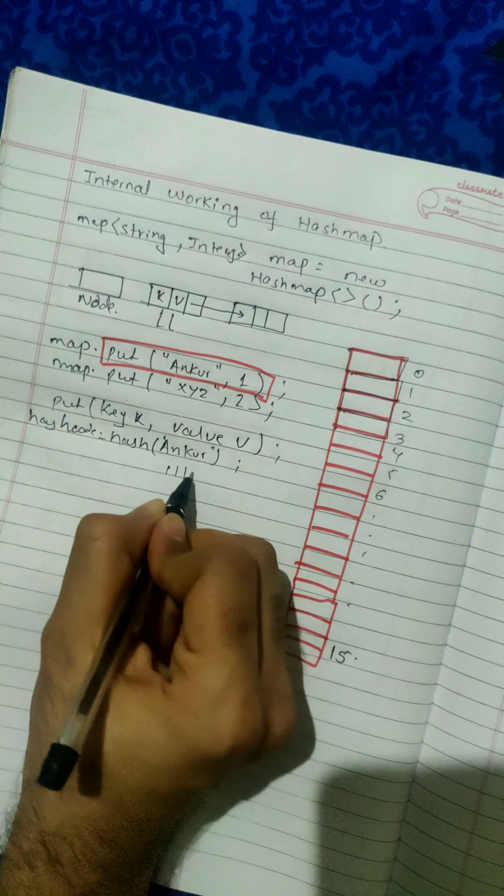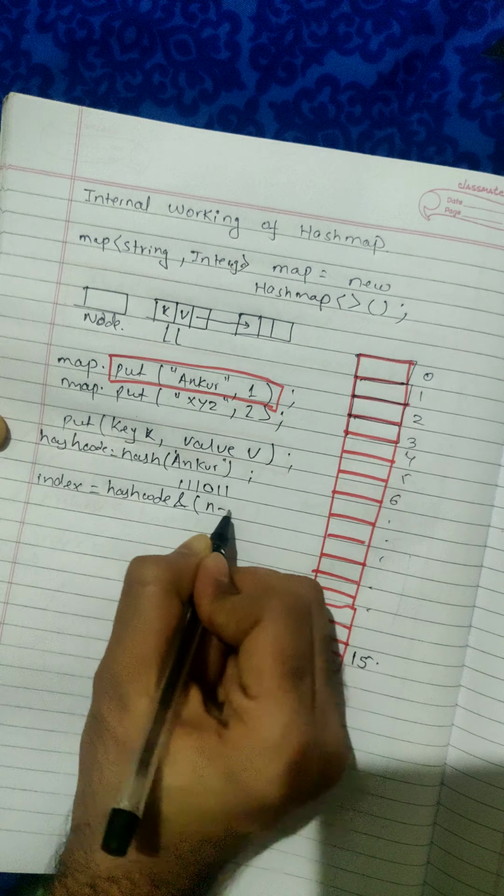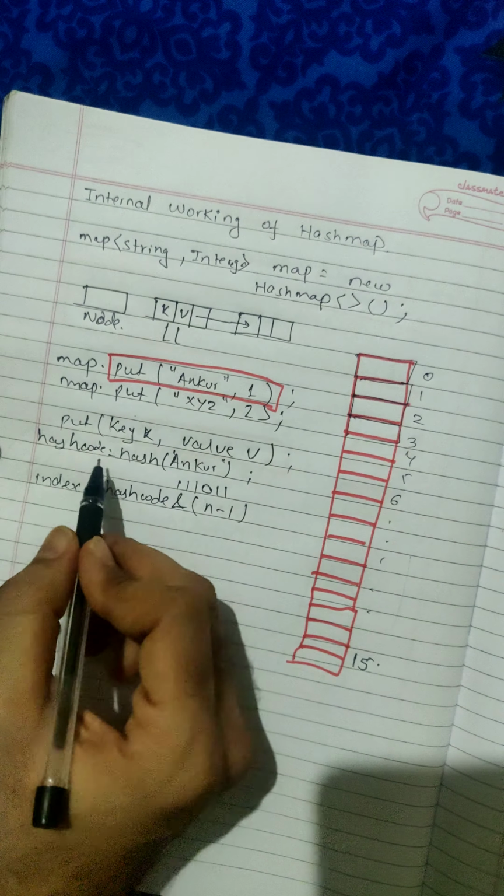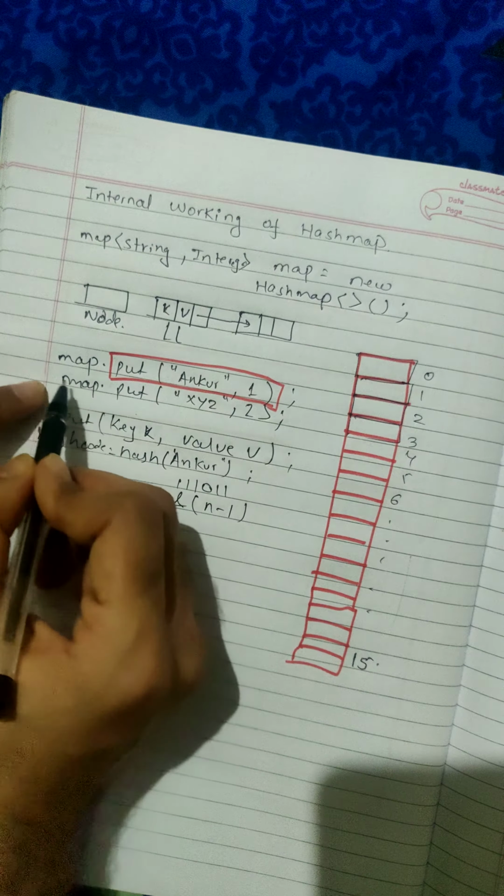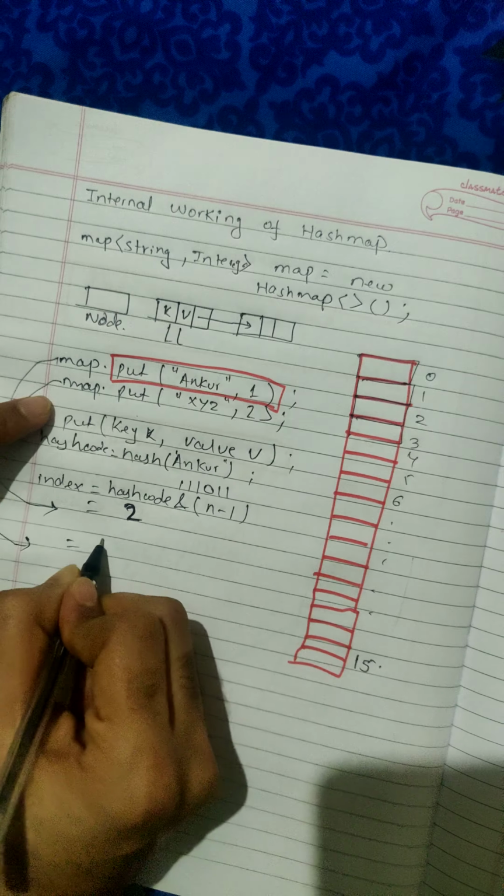1110111 something. Since it's a very big value, you cannot store it in the 16 buckets, so you need to calculate the index in order to store it into the bucket. So the index needs to be calculated, and in order to do so, a modulo operation should be performed, where I'll be just using the AND operator. It will calculate the appropriate index for this one. So suppose the index comes as 2, and similarly the same process for this one as well. For this one, suppose the index comes as 4.